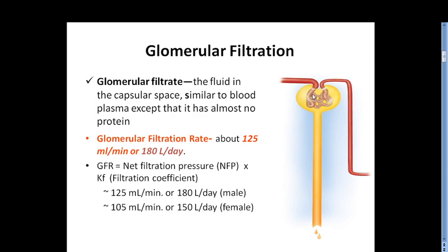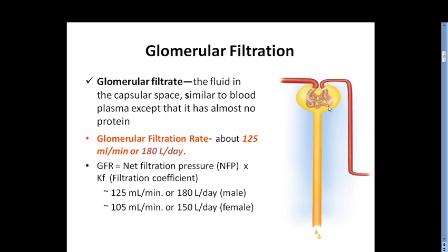So if we take 1 liter of blood here, approximately 600 ml of plasma is there, and from the 600 ml plasma approximately 20% gets filtered. So it is about 120 ml per minute. So this is how the whole 400 ml of the cellular component is passed again into the efferent arterioles directly, and out of that 600 ml, 120 ml is filtered per minute, that reaches into this